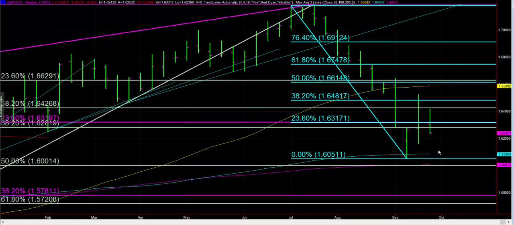When we think about where cable may be headed, we first have to contend with this 160.51 area, which is the low from 3 weeks ago, before we hit some of these other areas, a key area being the 160 figure. But first we also have to take into account this 100-week moving average, that is this blue moving average line here. That is currently coming in right around